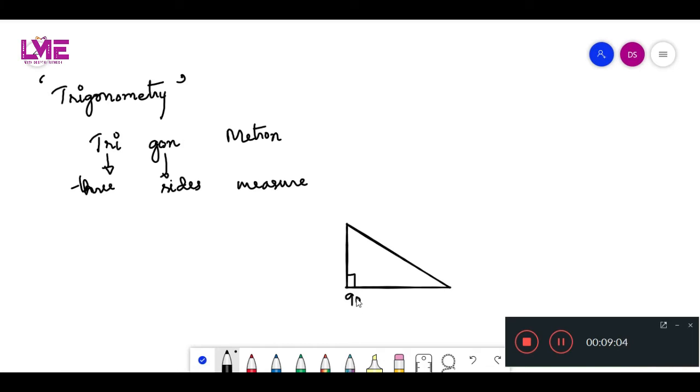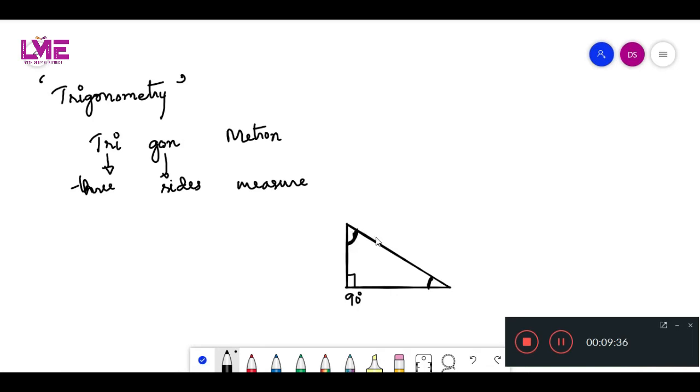So there is one angle which is 90 degrees, and we get two other angles, this and this. I can say this is an acute angle. Why is this an acute angle? Because the angle measured here is less than 90 degrees, so this is an acute angle. Or if all the measurements or ratios we are calculating are with respect to this angle,